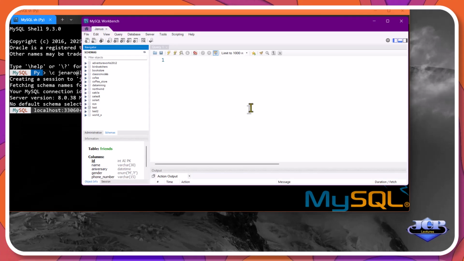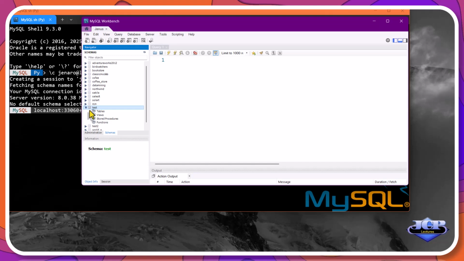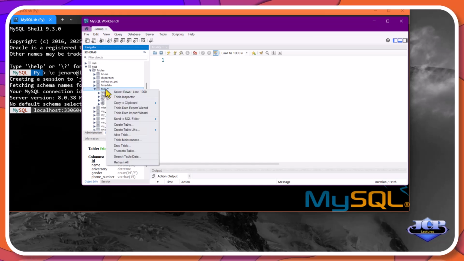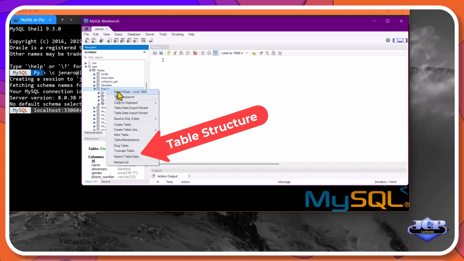But before we continue with the scripts, let's use MySQL Workbench so we can see the schemas and tables available inside them. As you can see from Server Janus, we have one schema named Test, and if we open it, we will have access to the table friends. We can check the structure of this table in case that we want to replicate it. If we choose it, we can display all the records and the fields that build every one of them.